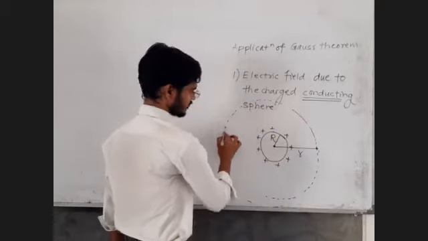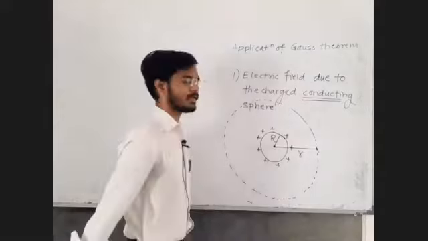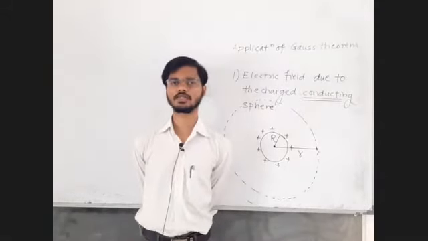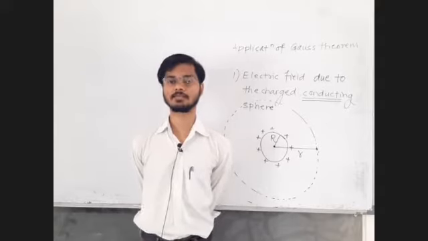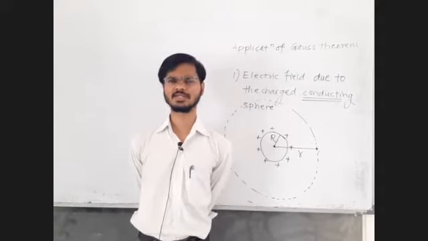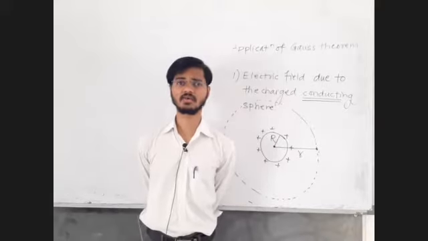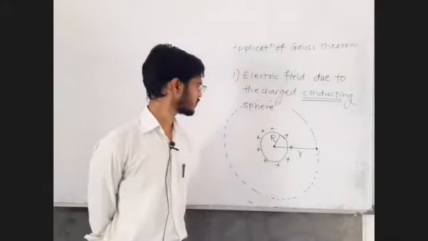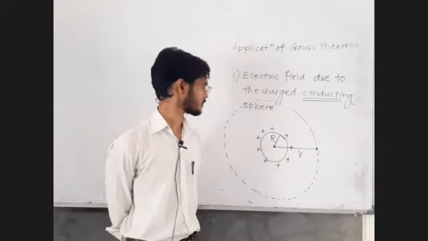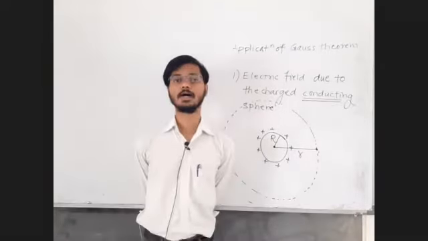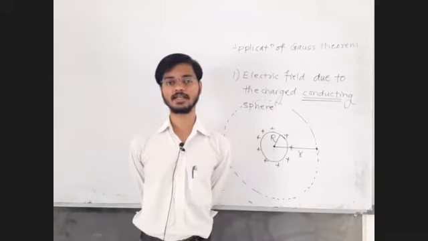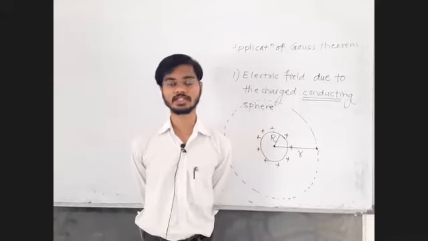Okay, point number one, we have to draw the Gaussian surface. Point number two, draw the Gaussian surface in such a way that it will enclose your system. Point number three, make sure that the Gaussian surface is not a random surface. It should be a well defined surface. Yes, a sphere is a well defined surface. Next point, the given point at which you want to find out the electric field intensity due to your system should lie on the Gaussian surface.